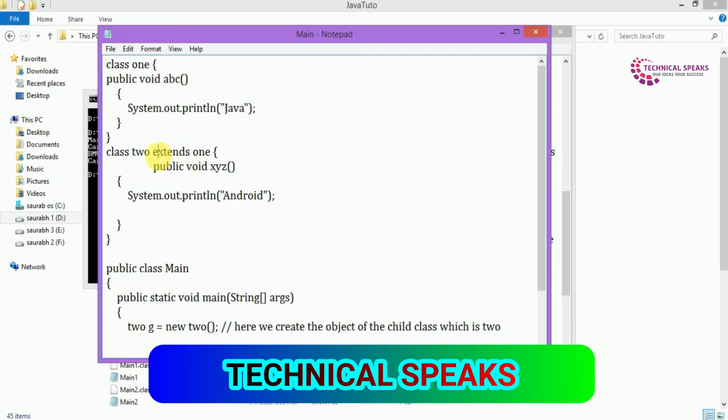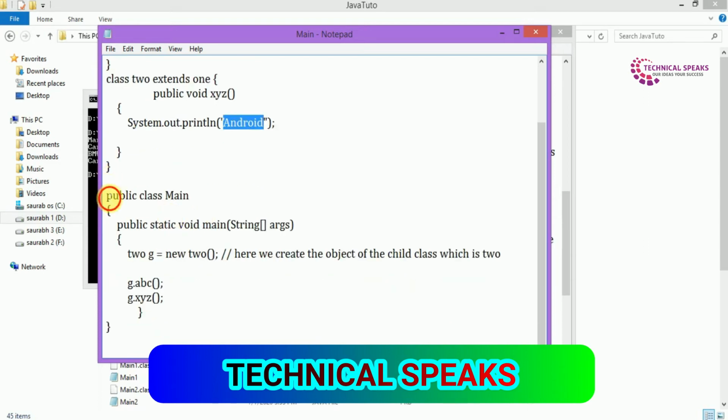Class 2 extends class 1. Here we create a class 2 which extends class 1, public void xyz, System.out.println Android. Under the method xyz, we want to print Android.